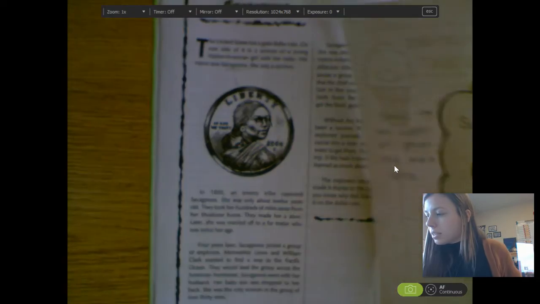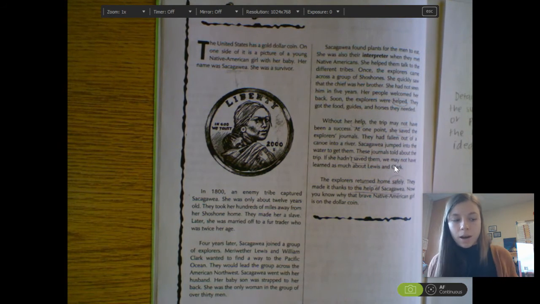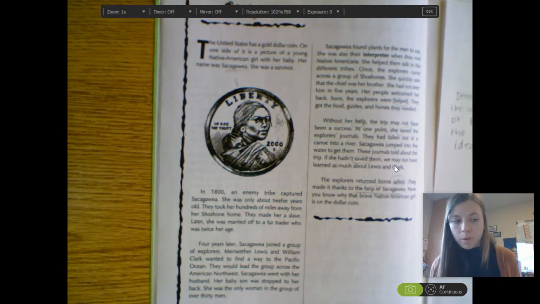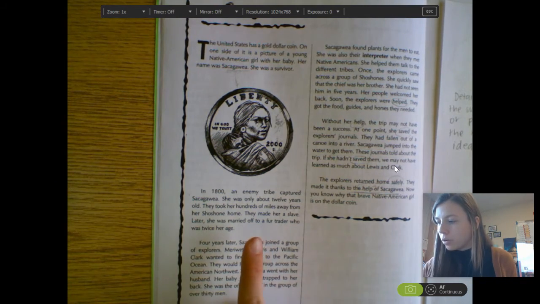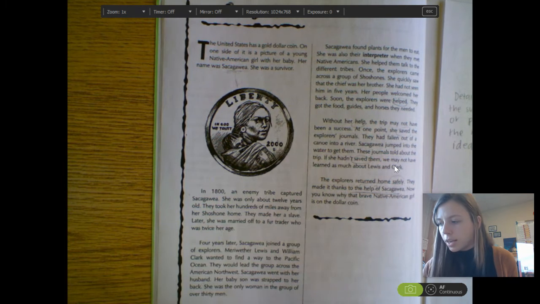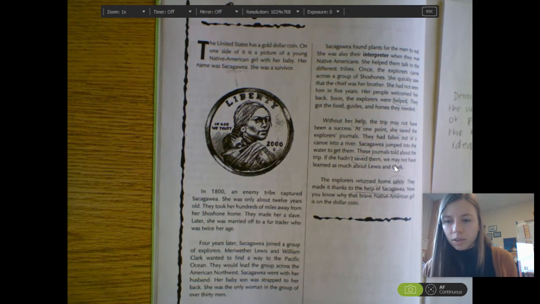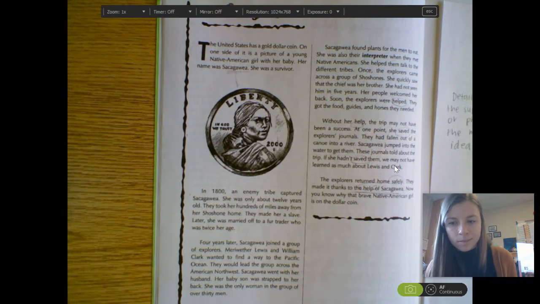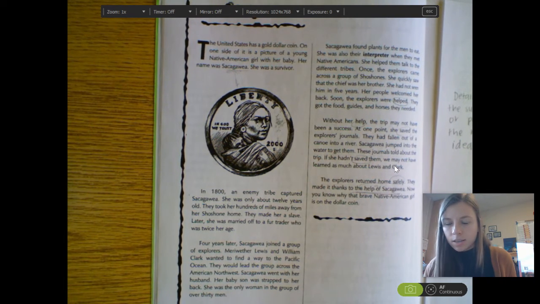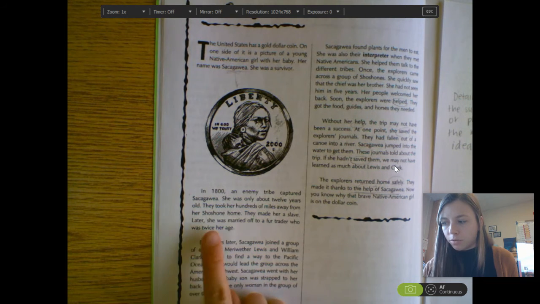So let's go back to our story and think, what is this mostly about? We know it's about Sacagawea helping people. It talked about how she was a slave and how she got married to a fur trader right here. Do you think those are good details that tell me about the whole thing? Should I say a supporting detail would be she was married off to a fur trader that